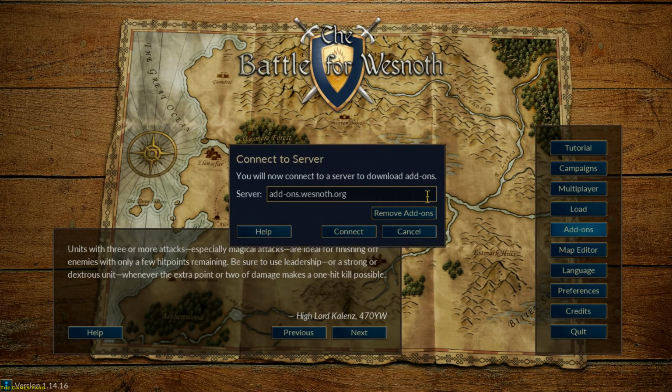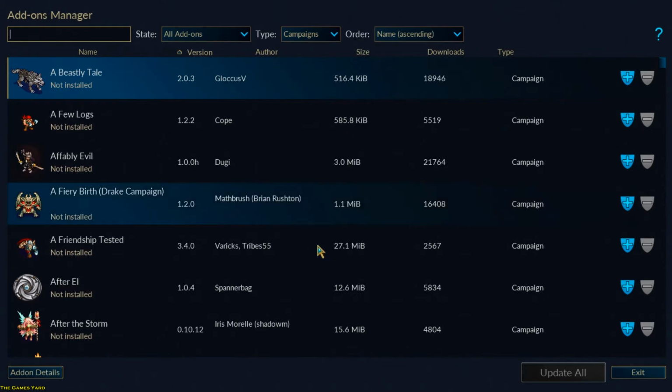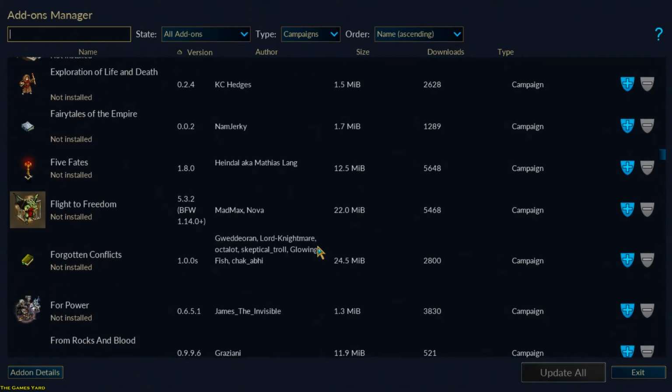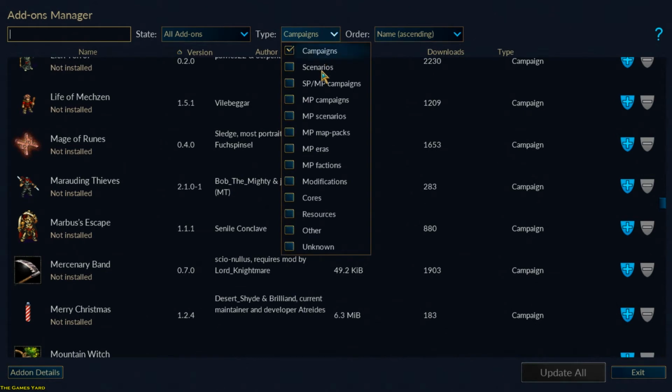And of course the add-ons. I'll just show you again the campaigns. You've got the campaigns on this thing. I mean, this game is nuts. So you can select all the eras. If you select the campaigns, it gives you all the user-made campaigns. There's hundreds of them, all the different campaigns, besides the normal campaign that comes with this game. That's all scenarios as well, map packs,